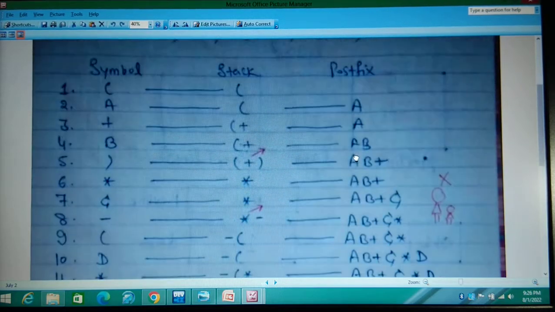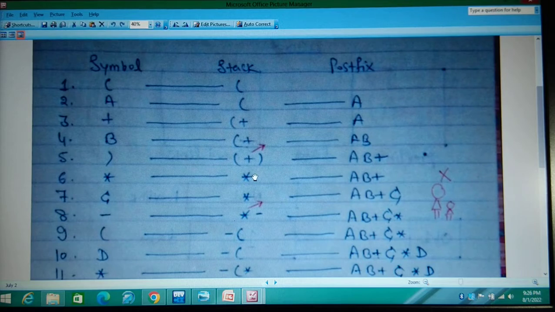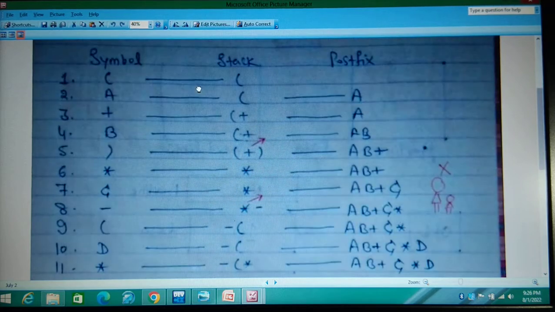Very simple. Now star will come here. Then this is C, which will come here because C is the operand. Then minus will come here. Now you can see that this is the big one and this is the small one. I told you that the big brother followed by the small brother cannot exist, meaning this is higher priority and this is lower priority. Already we taught you higher priority and lower priority. So this form cannot exist, you have to pop.